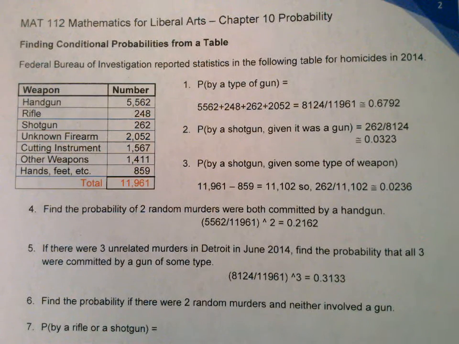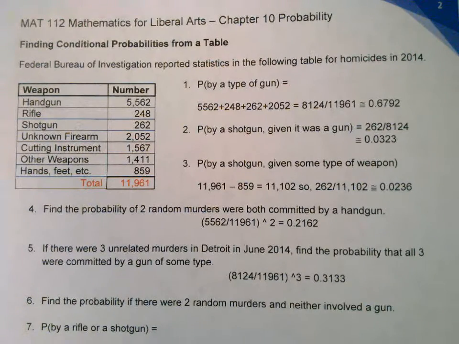All right, this is page 2 from chapter 10, section 8, finding the conditional probabilities from a table. All right, the FBI reports statistics in the following table for homicides in 2014. The probability of a homicide being perpetrated with a gun,